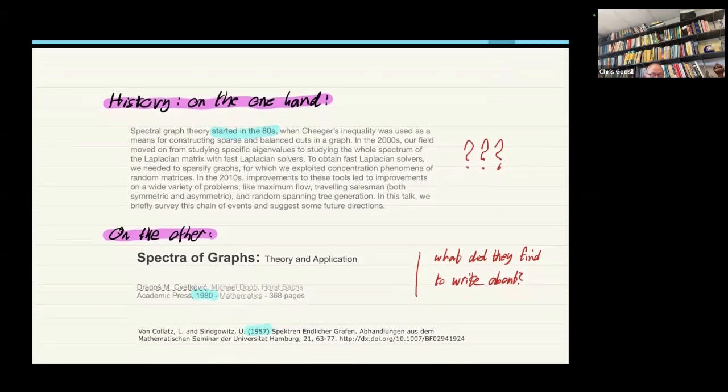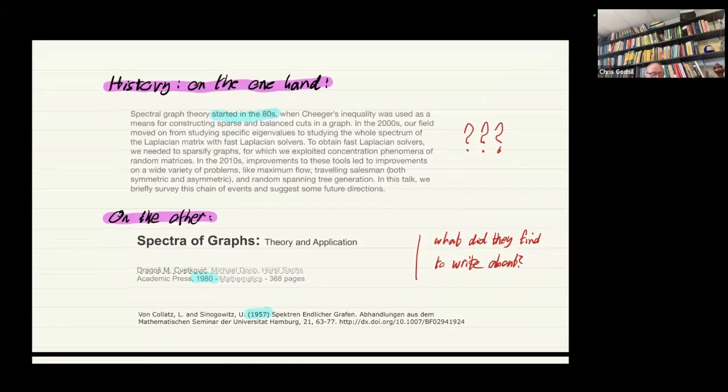In fact, it's worse than that. The paper often cited as the first is by Collatz and Sinogowitz, called Spectra of Finite Graphs, and it was published in 1957. But Sinogowitz died during the Second World War, so it was certainly earlier than